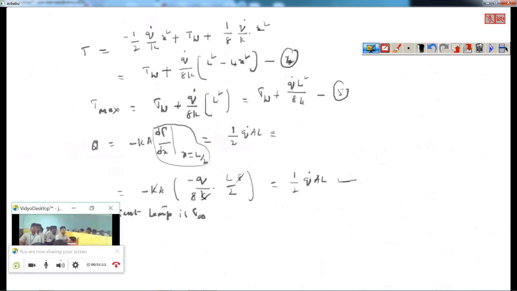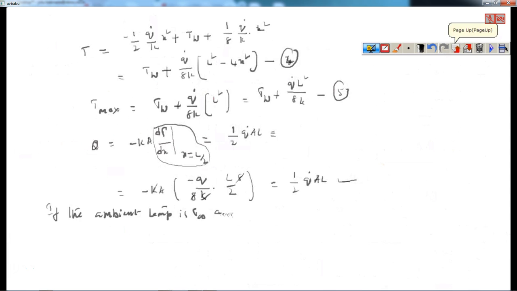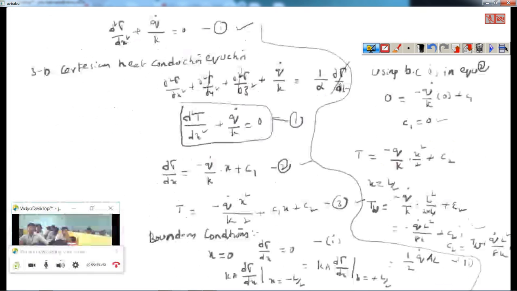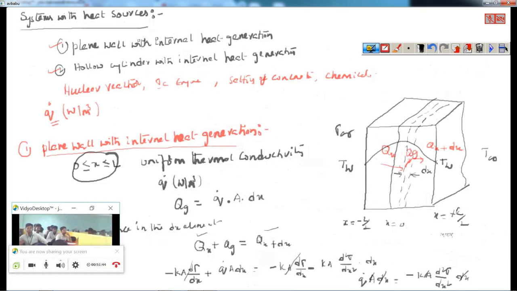With the ambient temperature T infinity and the heat transfer coefficient H, then at the face x equals L by 2, at this face x equals L by 2, we write